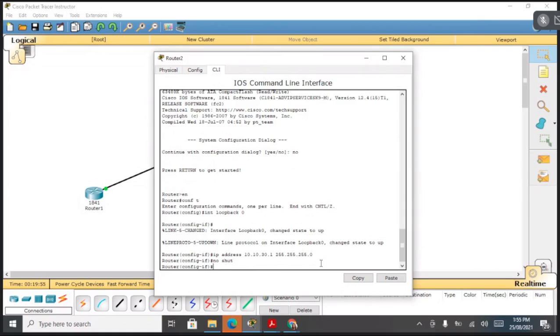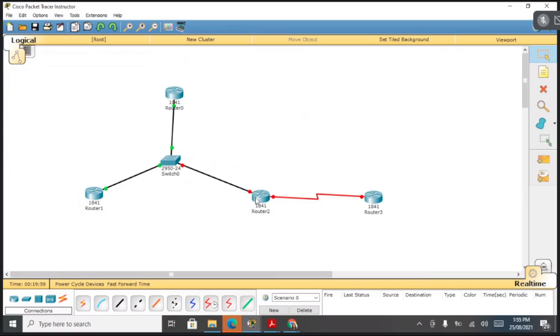Now here we can see on this R2 we have to connect with this. यहाँ से connection भी है, that is 192 वाला. Loopback भी है, as well as there is a serial connection with R3 also, that is a serial 0/1/0. तो वो भी एक इंटरफेस है. तो यहाँ पे 3 आएंगे.